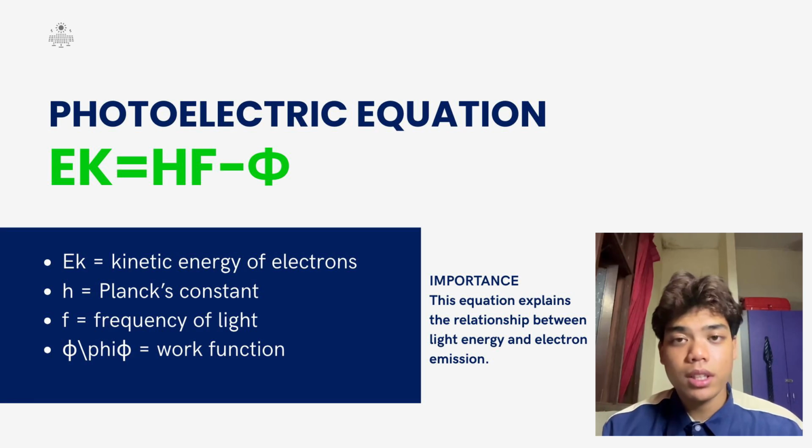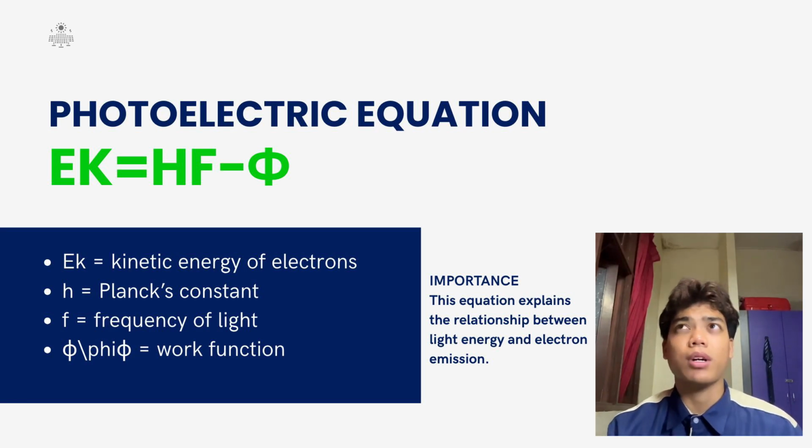HF symbolizes the energy of the light. H symbolizes Planck's constant, which is 6.63 times 10 to the power of negative 34. F is the frequency of the light. So the work function